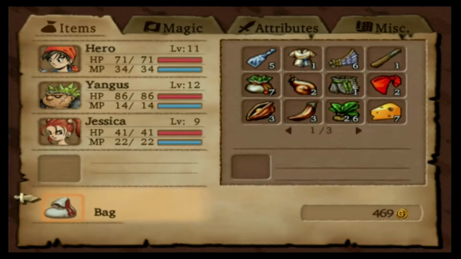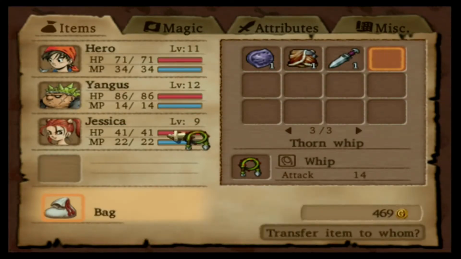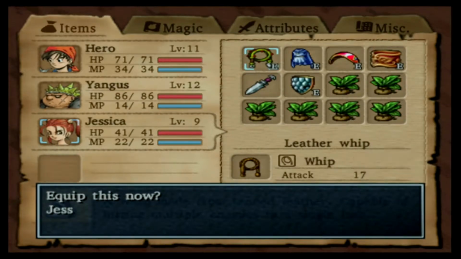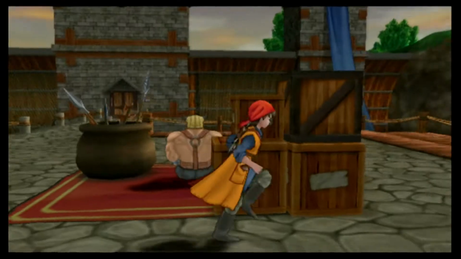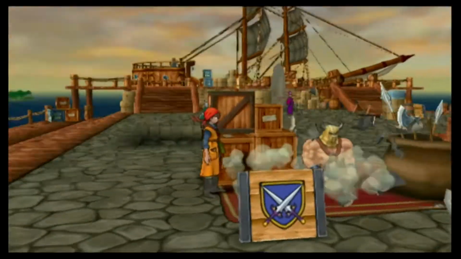So let's go ahead. I got a lot of equipping stuff in this video. But that's because I got a new party member, so it's understandable, not to mention I'm visiting a new location, so... Okay. Toss this stuff around. I wonder how much...